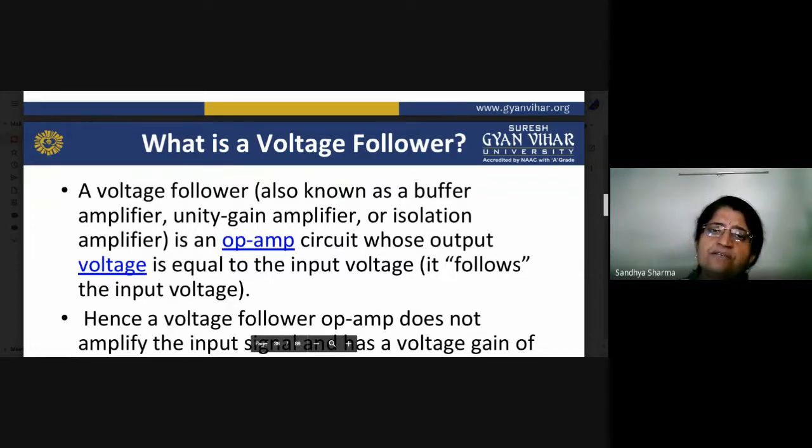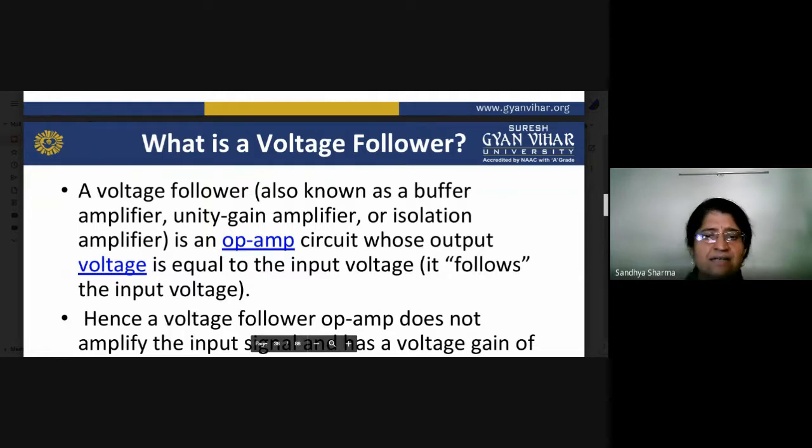the third block stage of our block diagram. So emitter follower and voltage follower are basically the same thing. Whatever input you provide at your input terminal will be reflected at your output terminal. The same thing happens in a voltage follower. It is known as a buffer amplifier. Buffer means it will not amplify any voltage. It is just like a buffer: whatever input you provide, the same output you receive.